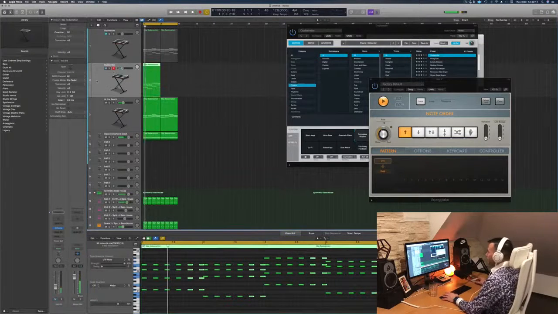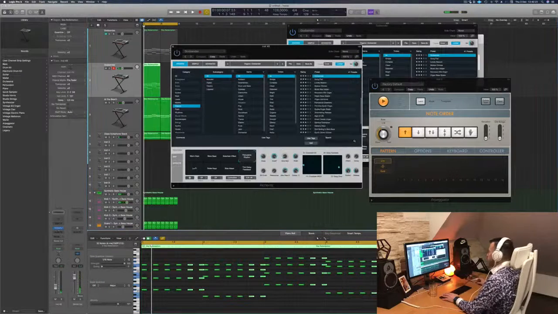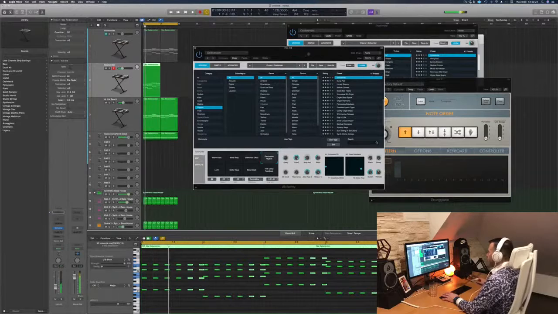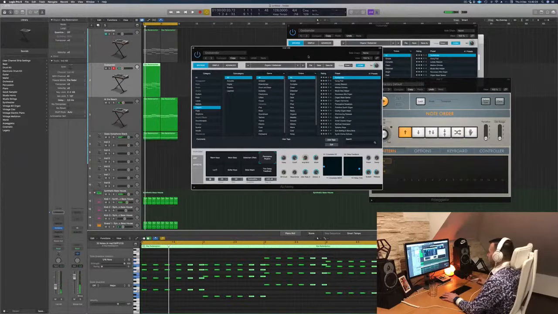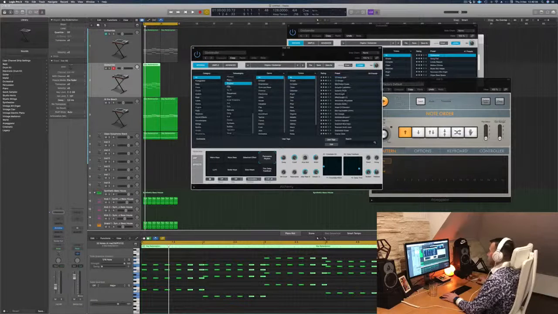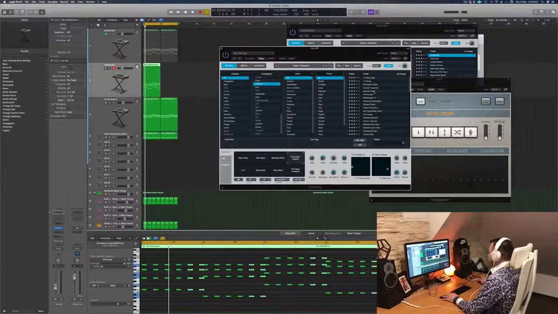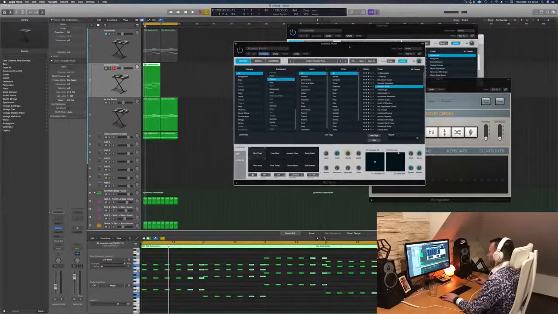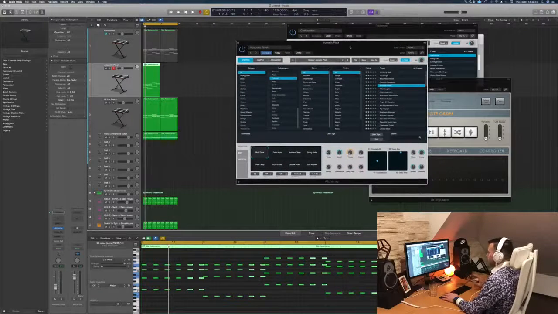What I'm doing now is I'm gonna create a pluck sequence. So I want to do something proggy. I don't know which pluck, soft plucked here. I don't know what sequence I will use. It depends on the feel I want to give, faster or slower. So this is a bit much, but